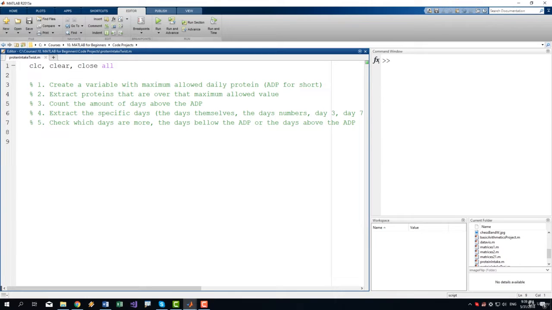We will do our protein project again, but this time with a twist. First, as you can see, I am not manually writing the vector with values, we have no data prepared. We're going to use the round_i function to generate our data. So protein intake,